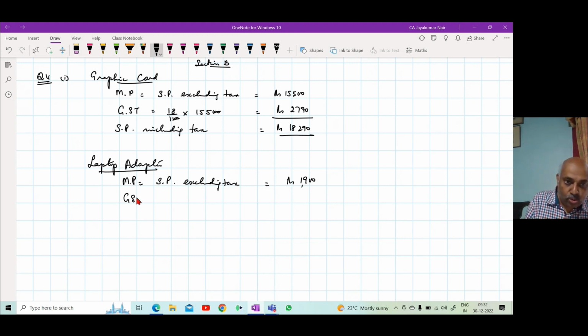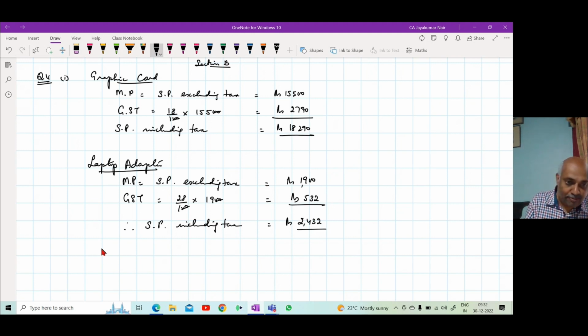We have to calculate what is the GST at 28%. They have given GST is 28%. So 28% of 1,900 is rupees 532. Therefore, selling price including tax is equal to rupees